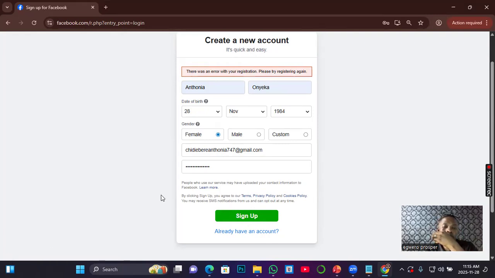Is it the same number that we have used before? Okay, is this the number that is permitted, or that was tied to the email that you have created with it? The phone number, and I remember. Okay, that is the issue in this particular aspect. What do we do now? Let's use that other email that we popped out.